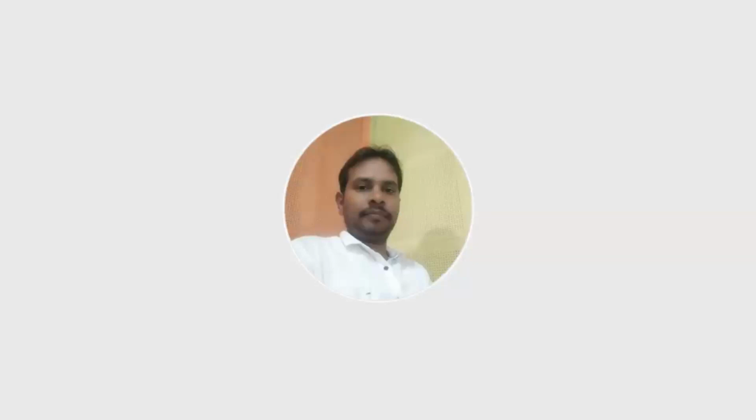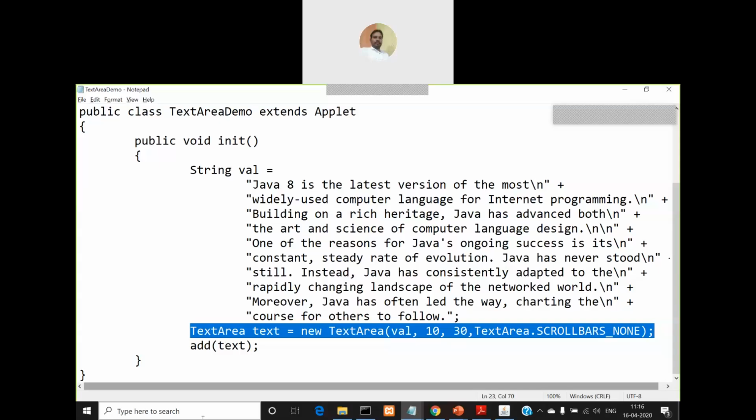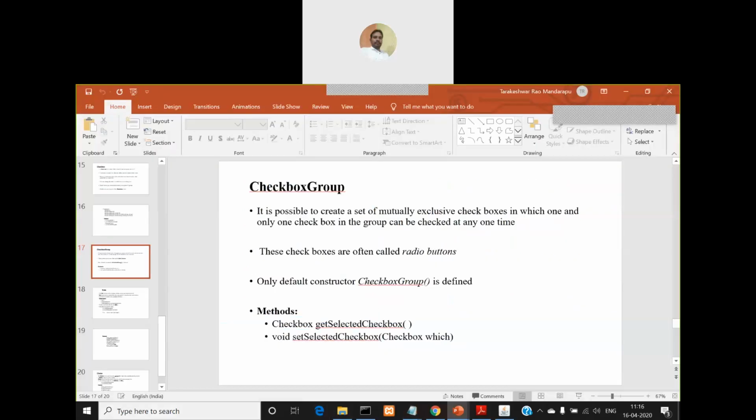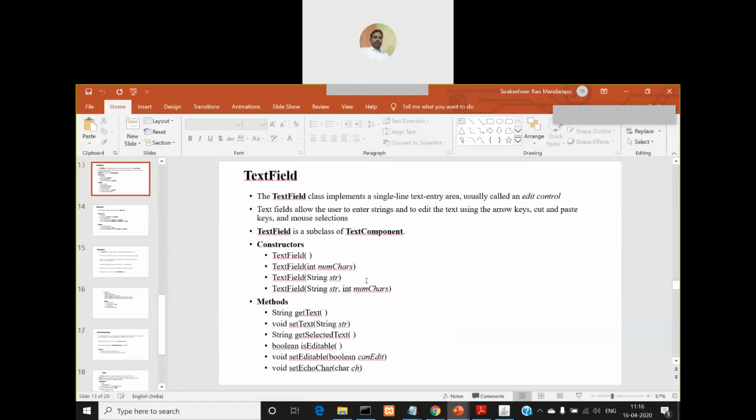The first one is that you can create a text field or text area with some default text in it. Even in the text field that we created in the previous program, we can have some default text that must be passed as the first parameter. There are multiple versions of the text field constructor, right? So let me show the text field constructors in the PPT that we have seen earlier. Look at the text field constructors. How many constructors are there?